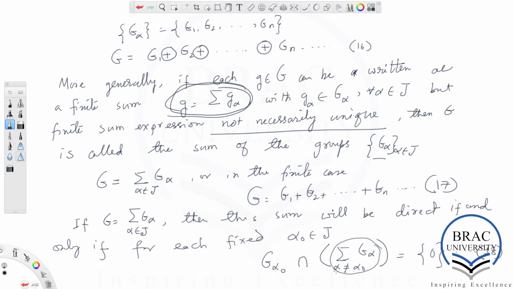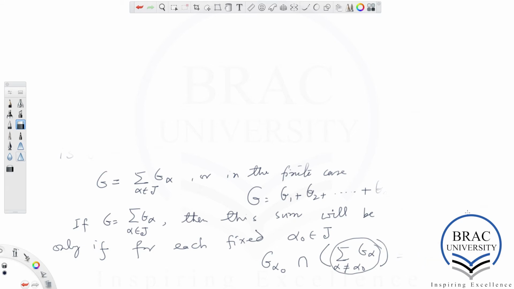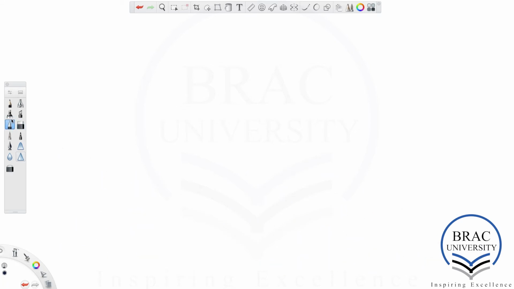Okay, so what connection does this concept of direct sum have with free abelian groups? Let's see. Connection with free abelian group.